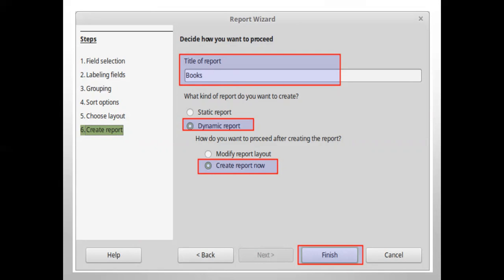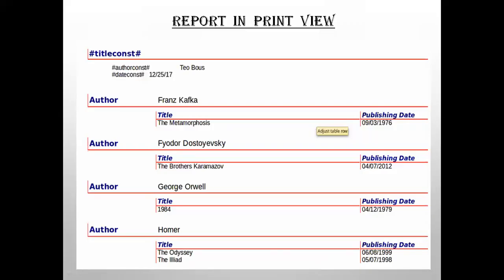This means that if we update data in the table that feeds the report, the report will change accordingly. So after finishing this, click on the Finish button, and when the wizard is over, your report will be created and opened this way.